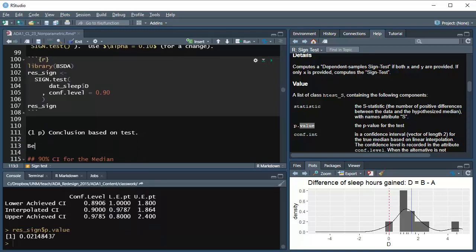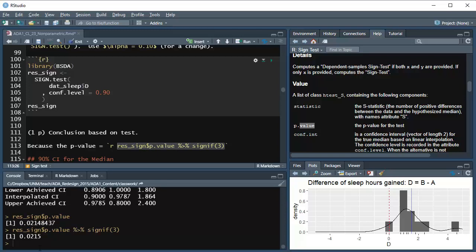All right, so because the p-value equals this p-value down here, we can round that to 3 significant digits. Let's just highlight and run this and see what we get. 0.0215, that's just fine. Because the p-value is less than 0.10, that's alpha,